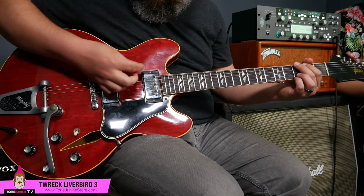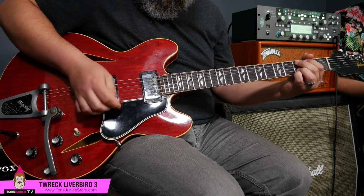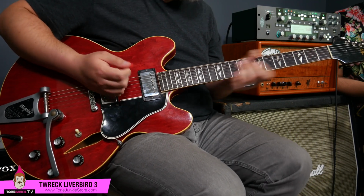Punchy mids, aggressive, right? You can totally clean that up. But when you clean it up, try to clean that up on the neck a little bit. Not bad. But one of the secrets to doing that whole cleaning up the neck thing with the bridge is